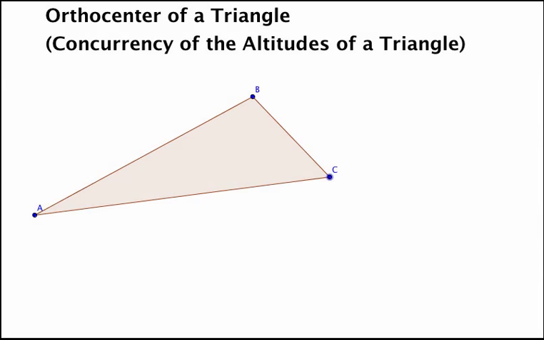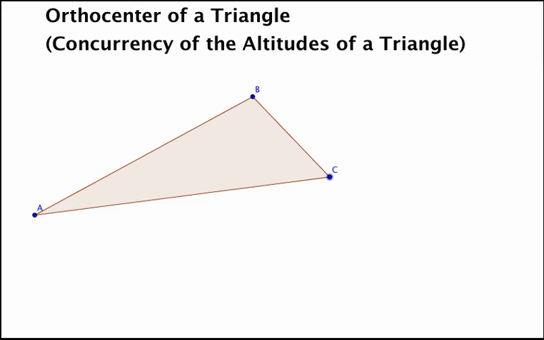The orthocenter of a triangle is the point at which the altitudes of a triangle all intersect. So before we understand what the orthocenter is, we need to understand what an altitude is. Altitudes you've learned about in middle school. You may have called them something different, but